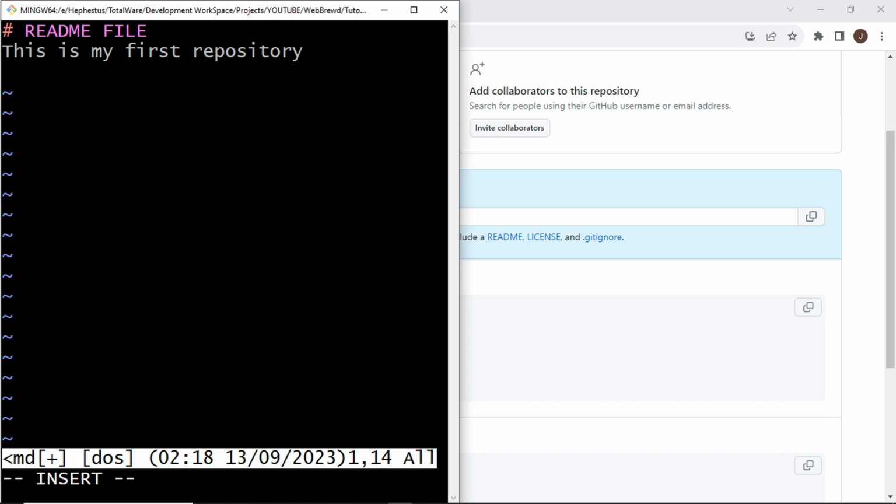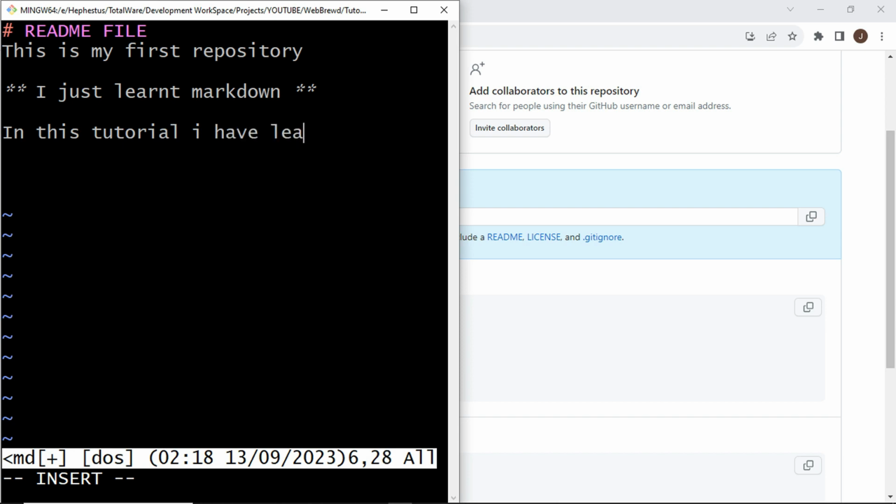And then the next thing I'm going to do is add one more piece of information here. Say I just learned Markdown, and in Markdown we can put something like a double star, and that would represent italics. So if I put my words in double star like this, it means that I've put them in italics. So I can leave this one down here, and I'm going to type: in this tutorial I have learned